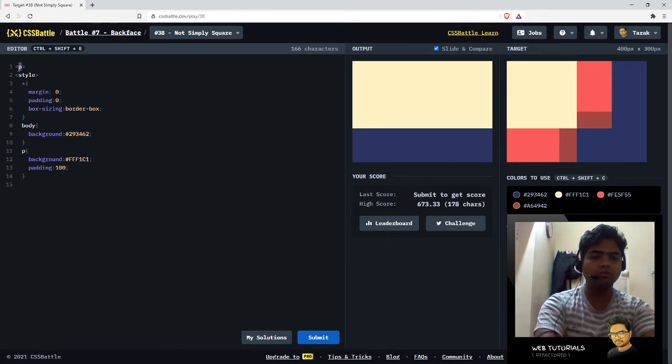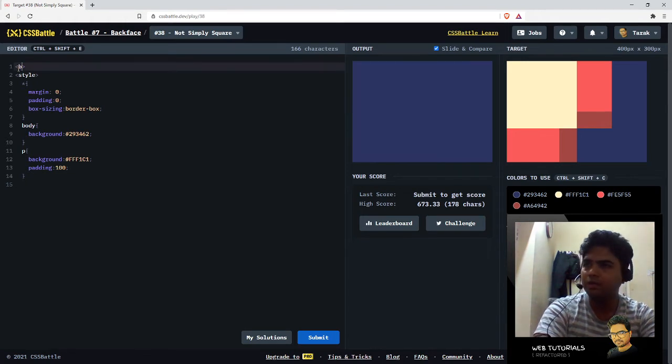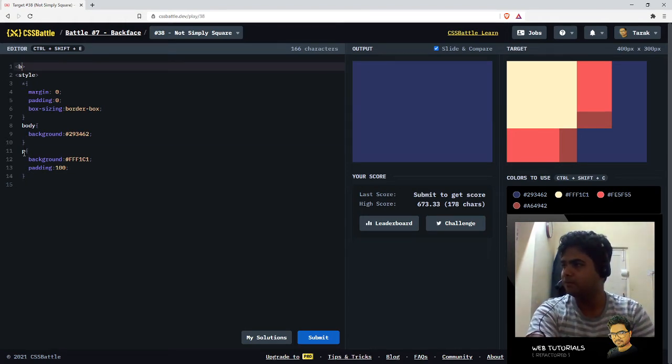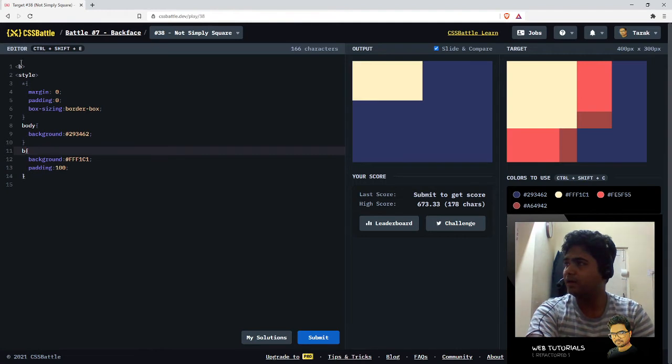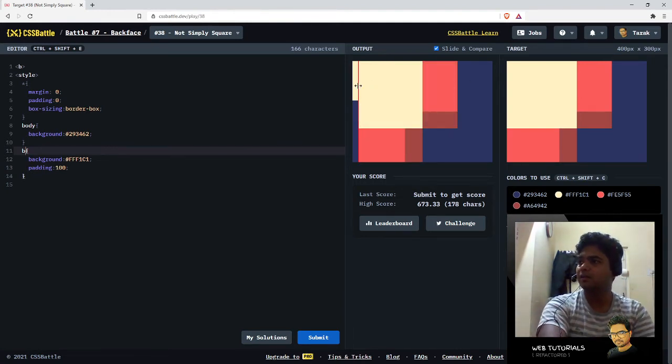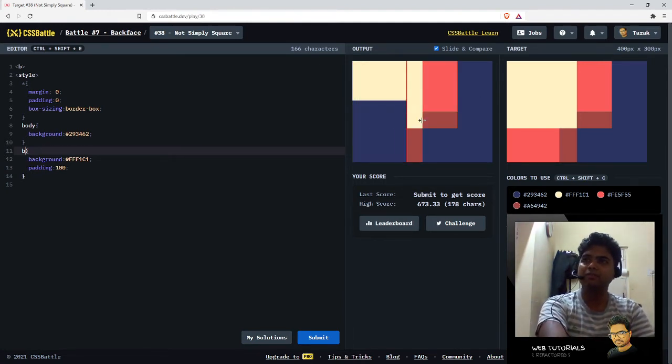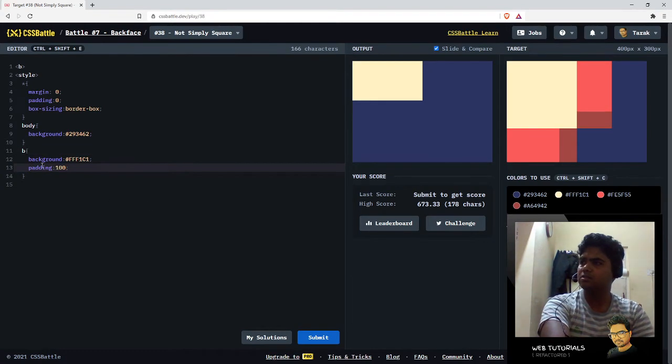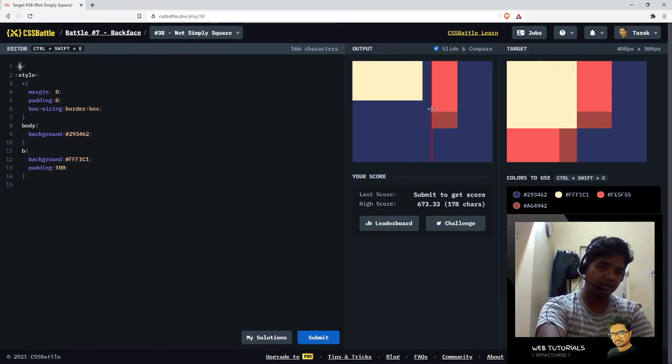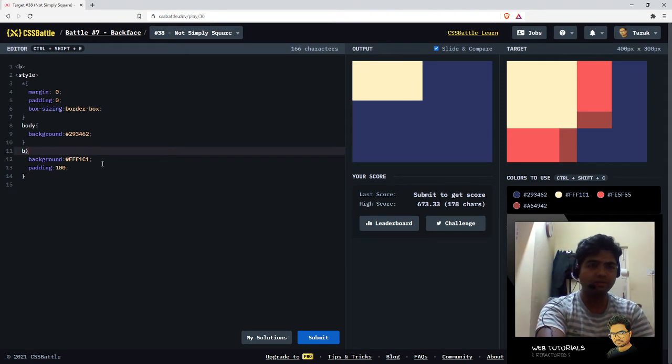So in order to have it as an inline element, you can use other elements like i tag or b tag, where i tag stands for italicized. So this is an inline element. So basically, you are giving a padding of 100, and it works. So 100 is like 200 height and width, but since it's an inline element, it doesn't have the height aligned to it. So for that, you will have to give a display type block, or inline block.